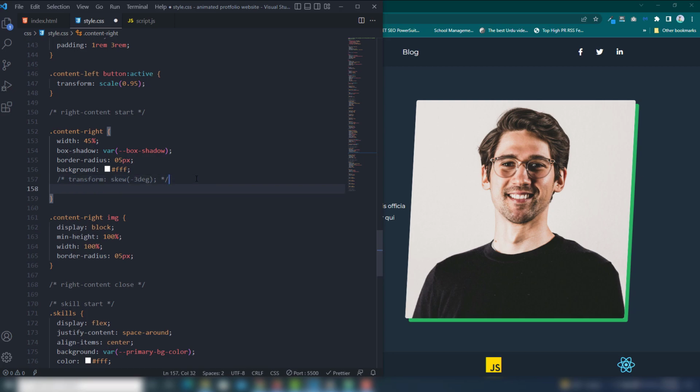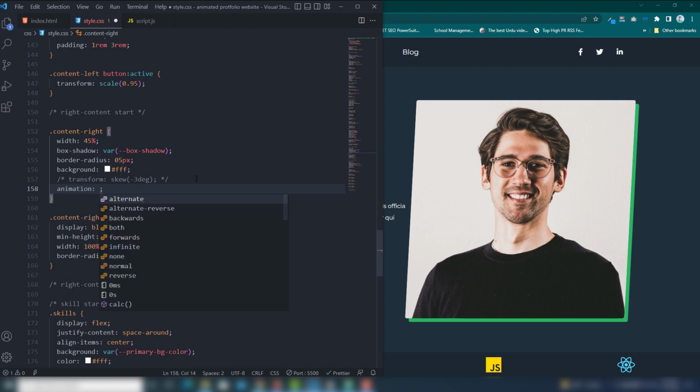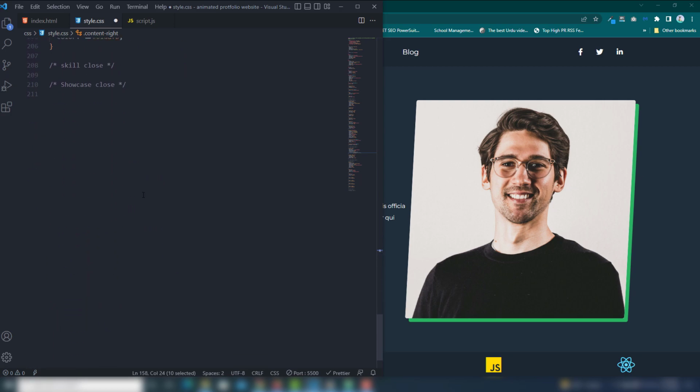So inside there we need to use the animation, write the animation name, for example image animate. You can write any name and assign the duration 3 seconds, and once the animation is complete then it will stop. You need to use forwards, right? Once you've done that, then you need to use the image animate name in the animation.